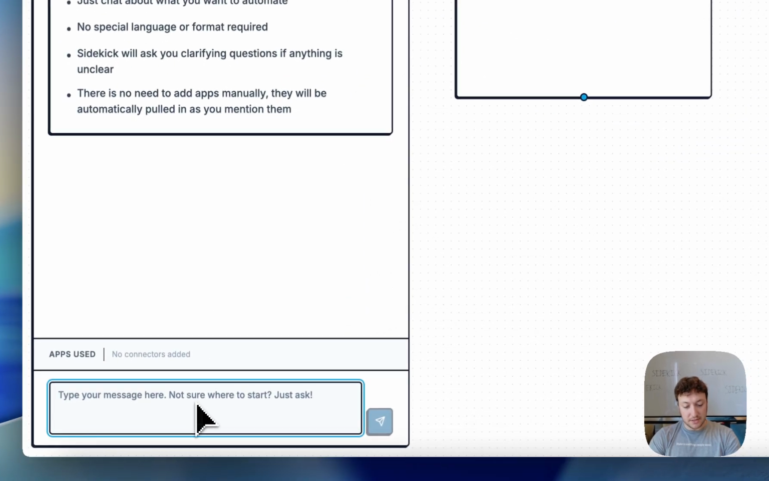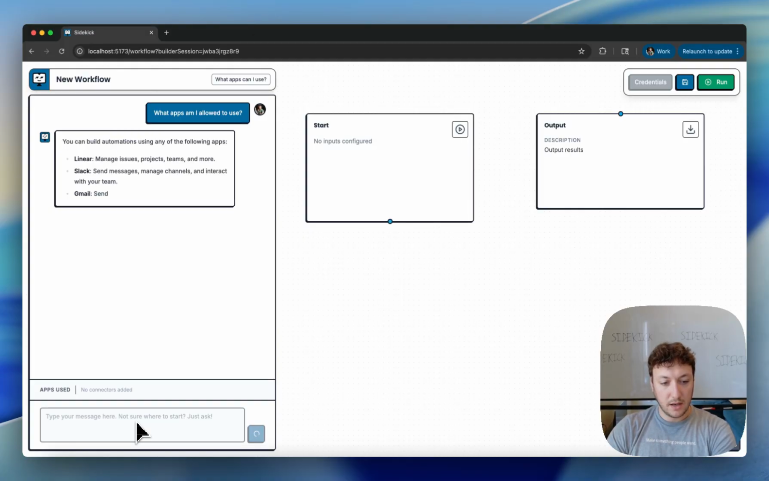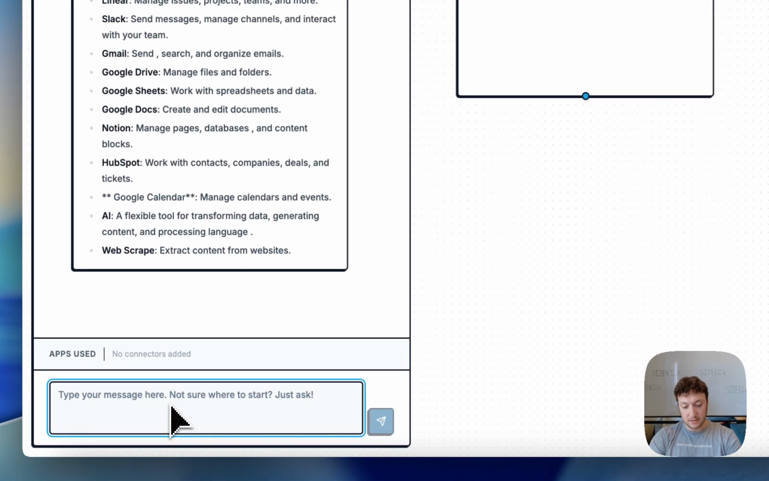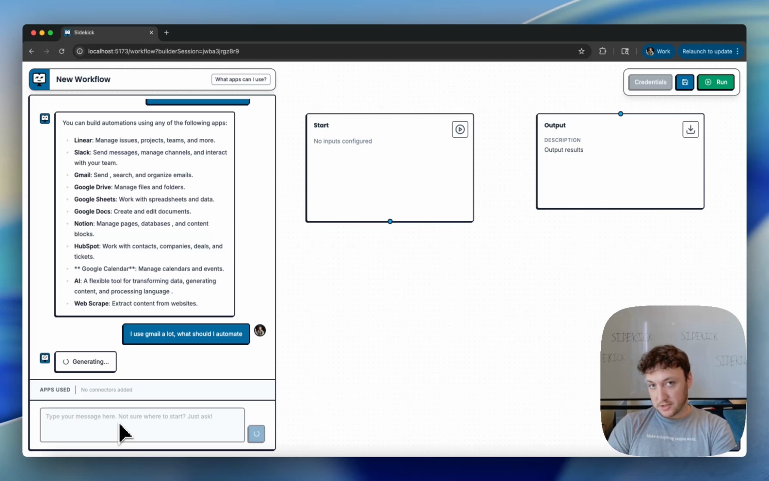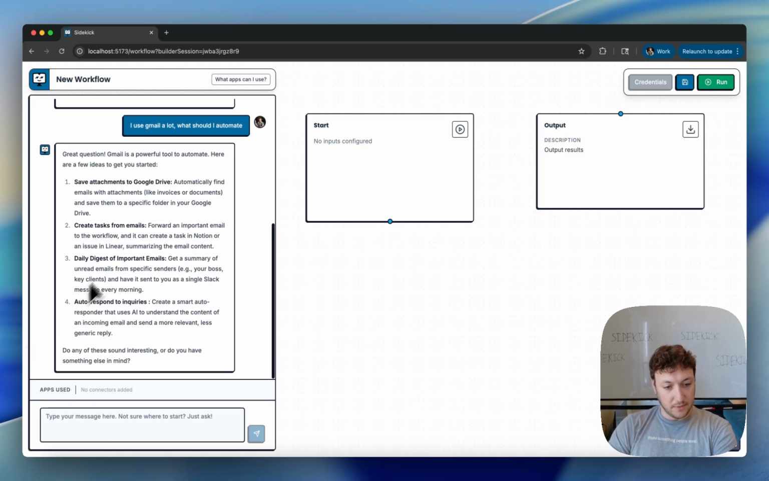But in the chat, it also has access and knowledge about what apps there are. So you can say, what apps am I allowed to use? And it will actually go ahead and tell you. So what's cool about this is you can also ask it for ideas about what you should automate. So you could say, I use Gmail a lot. What should I automate? You can actually just describe your workflow and it could give you ideas on what to automate. So here it actually gives a few ideas. You can save attachments to Google Drive, you can create tasks,